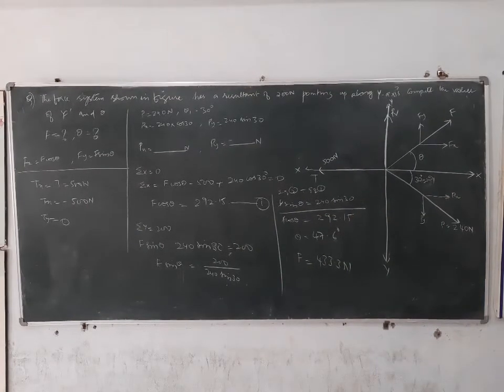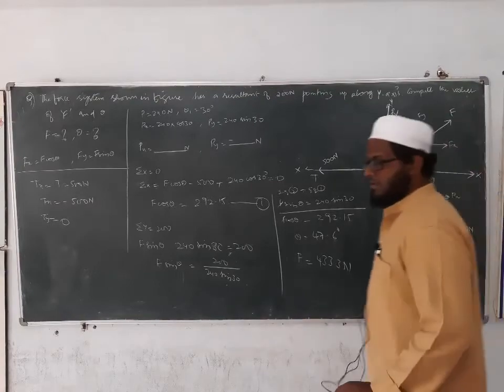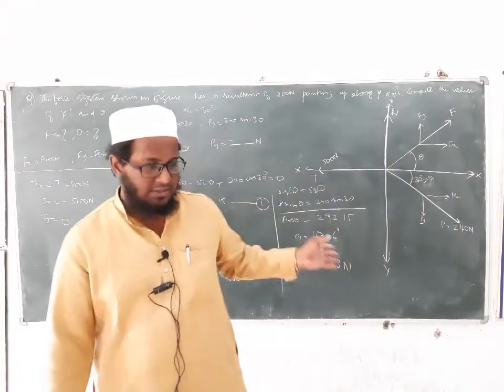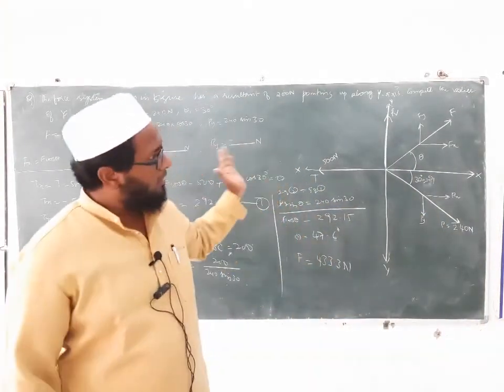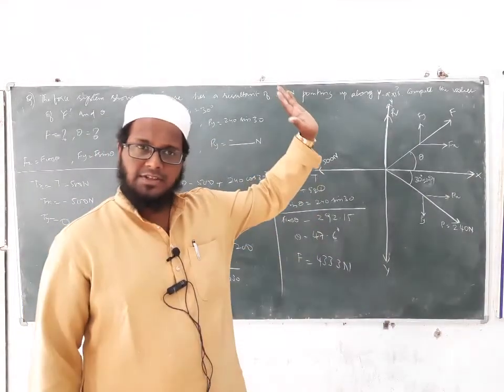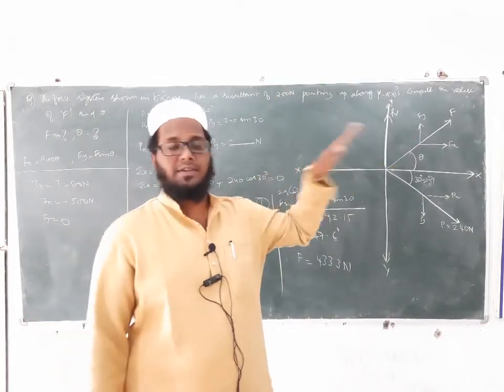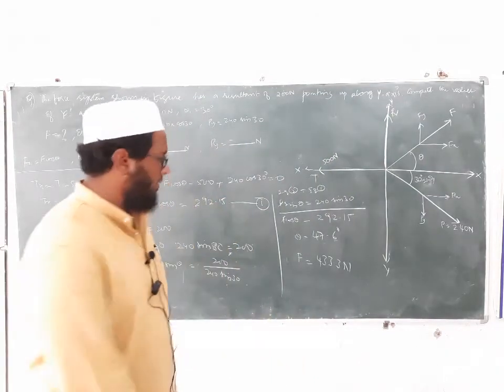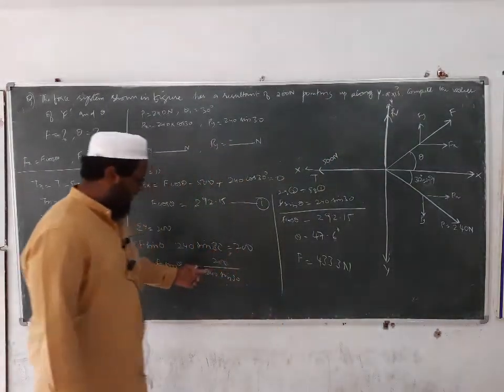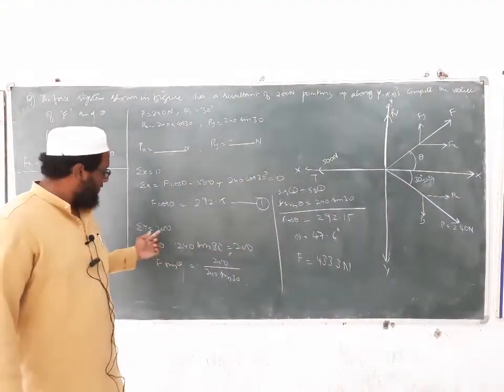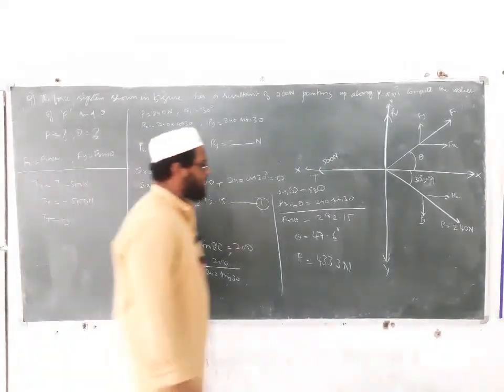Now we will take down another problem. Another problem is also almost one and the same. In the previous problem, the resultant was going in y direction, now the resultant will go in x direction, and we have to calculate one force. Okay, the same thing, just this correction is needed. Sigma y is equal to 200.